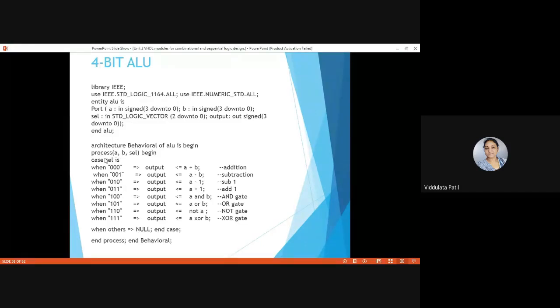So process, and the sensitivity parameters in this process are A, B and SEL. These are the parameters that are going to change the output of this process.